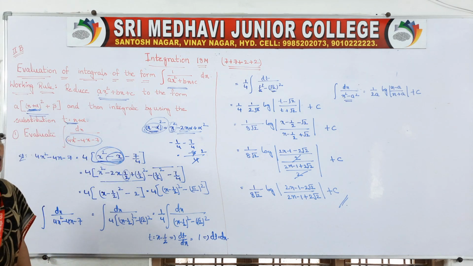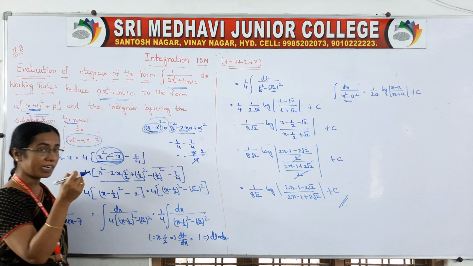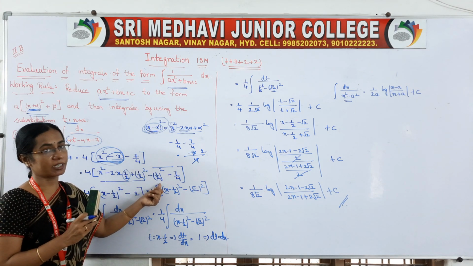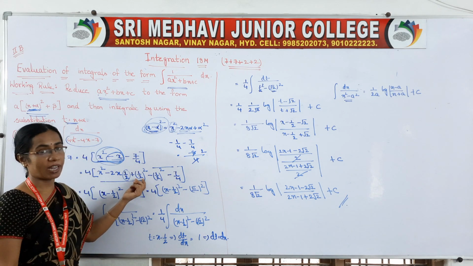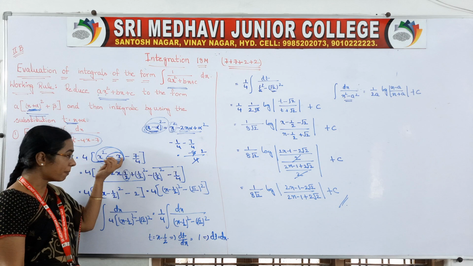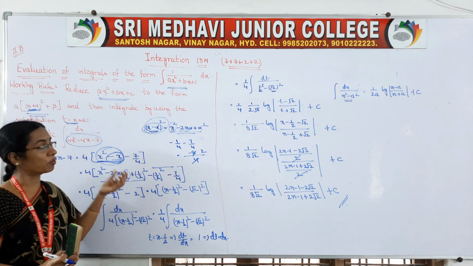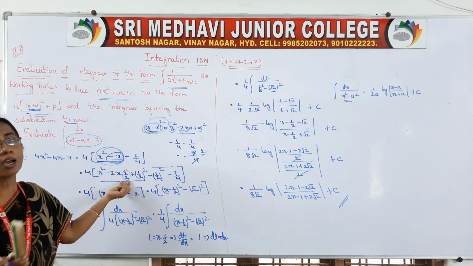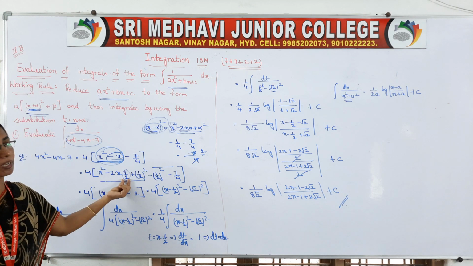Now it should be alpha square, right? So alpha square means 1 by 2 whole square. We need it, but it is not there, that's why it is added and subtracted. Okay, so we need 1 by 2 whole square, alpha square value. So by balancing we got to know that alpha value is 1 by 2. With the given question you will know what will be your alpha value. So here in this question your alpha value is 1 by 2.